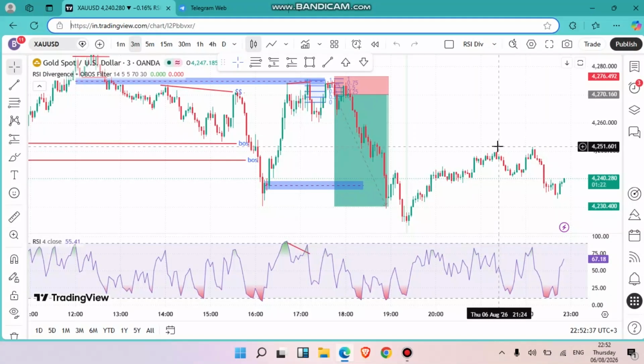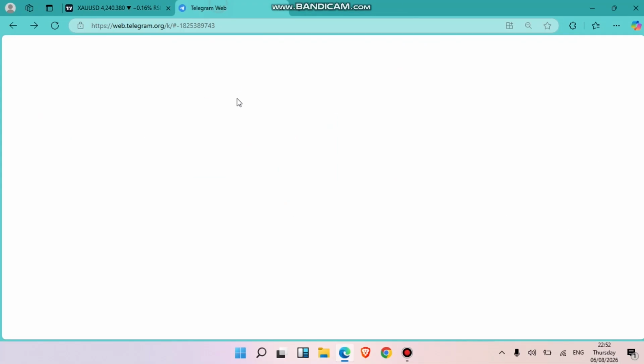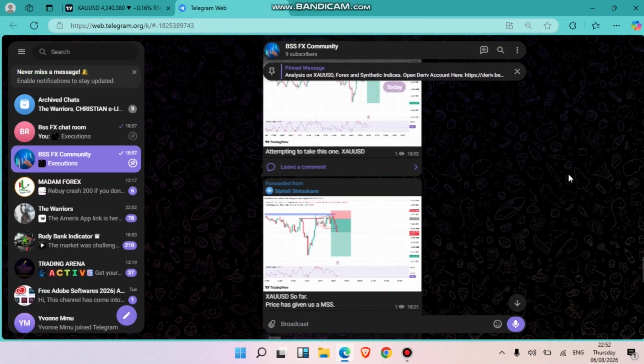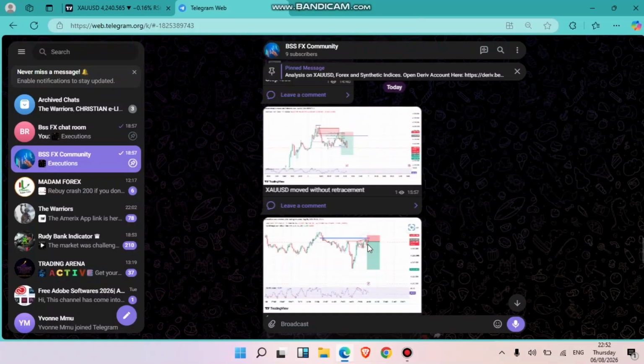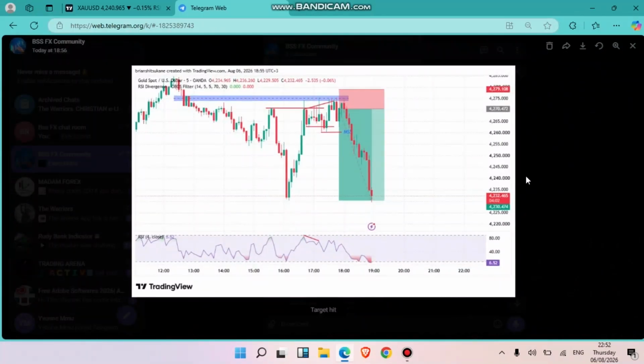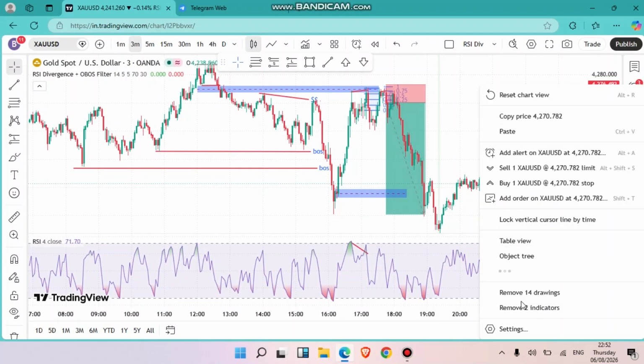So let us review today's price action on XAUUSD. Today being 6th of August 2026, and these are trades shared in the group or in the community today. This was just before price moved, during price moving, and after price had hit our targets. So quickly, let's start off